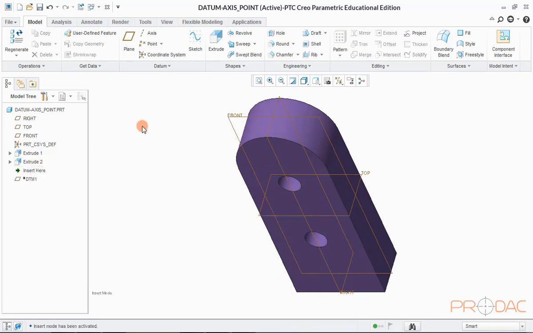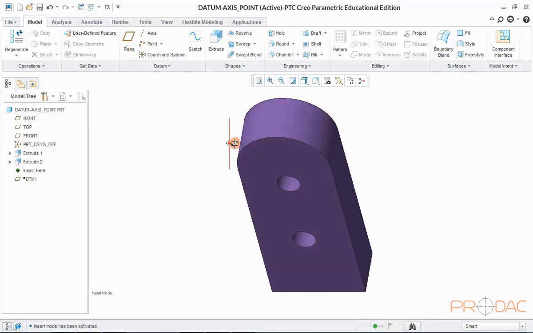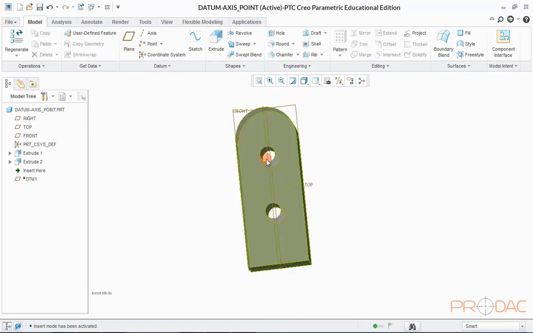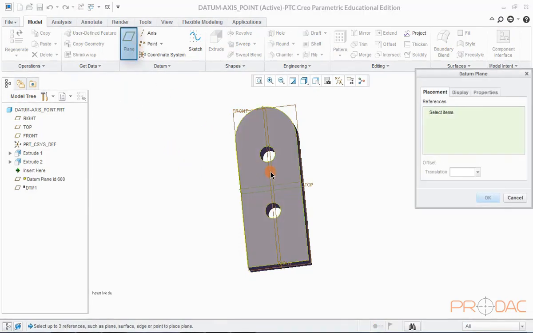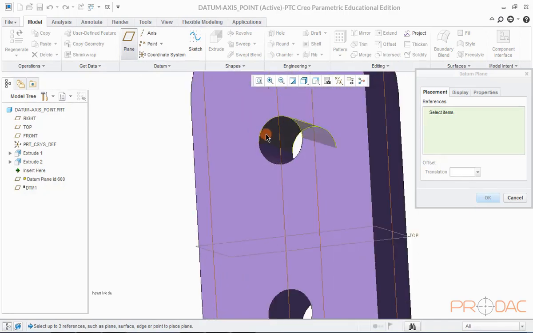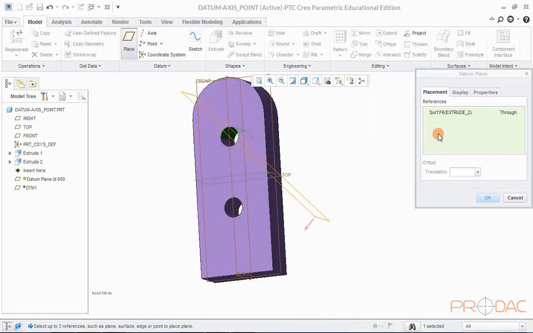Now, we'll make a plane tangent to 2 circular entities. These are 2 circular entities. Now, click on the button labeled plane in the top menu bar. Select the first circular entity by left click and change the option to tangent in the drop-down.